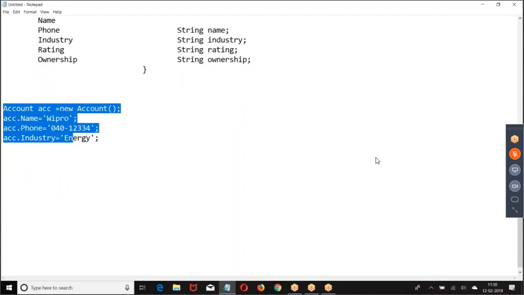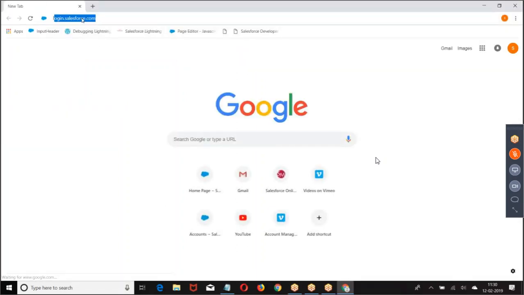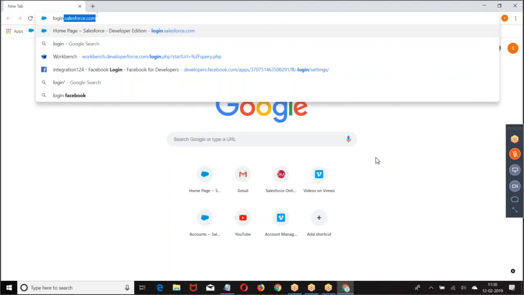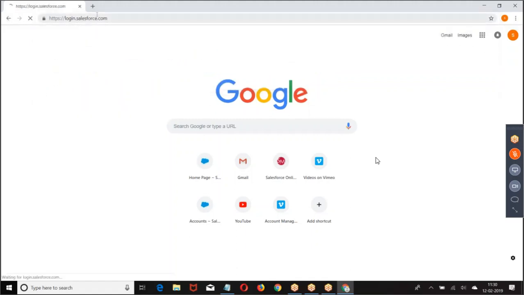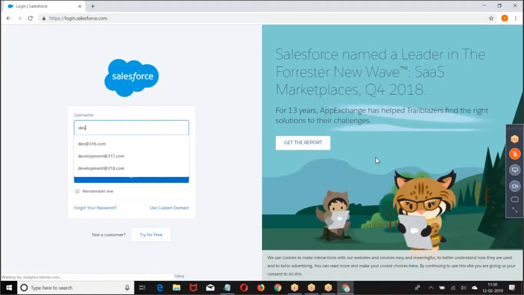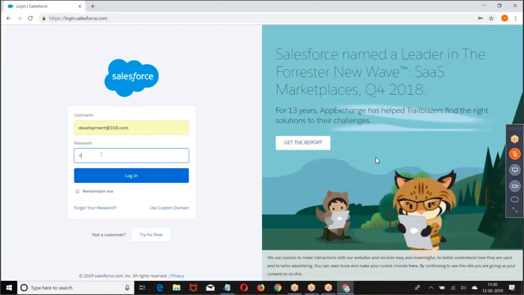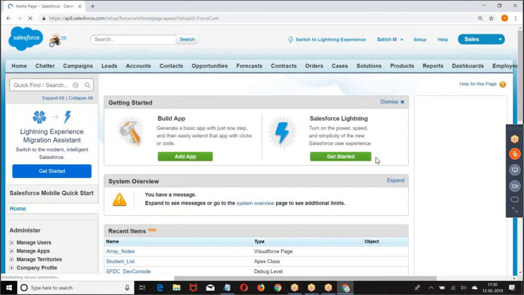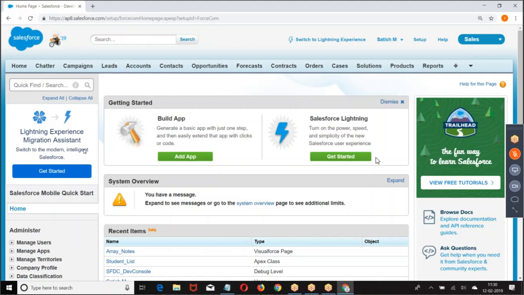ACC dot name. This is what I create. Did you save this to table database? No, you only created. If I create like this, just like this. Look at the point. Now, look at this.